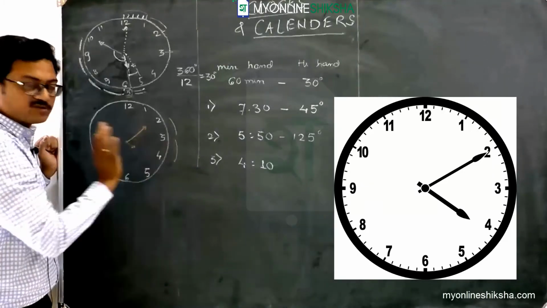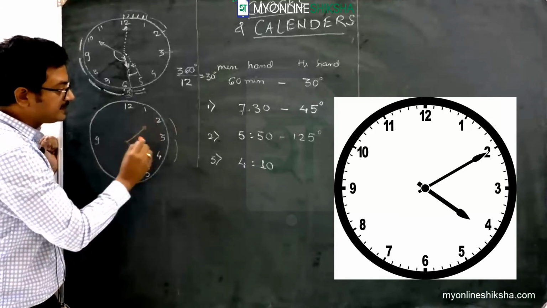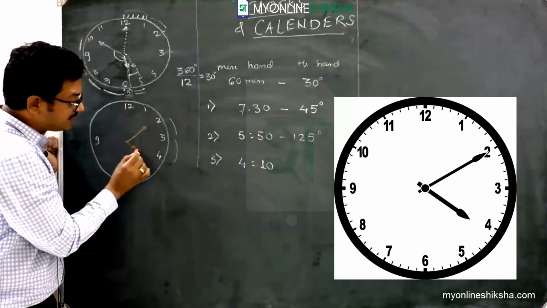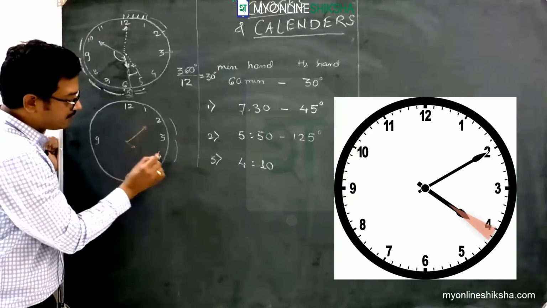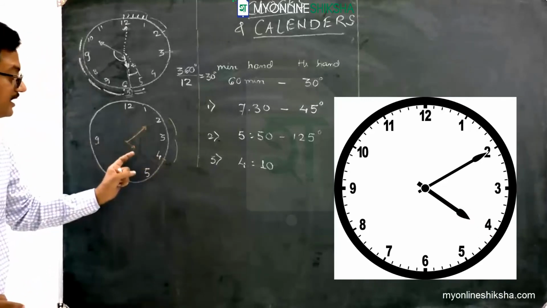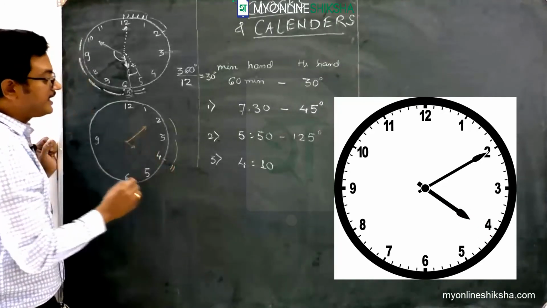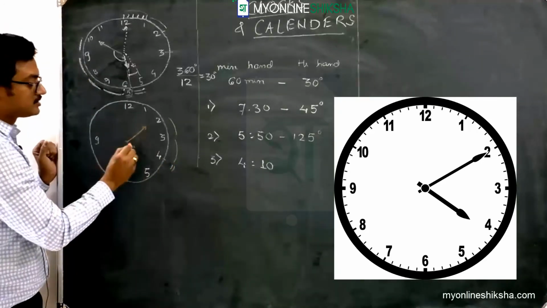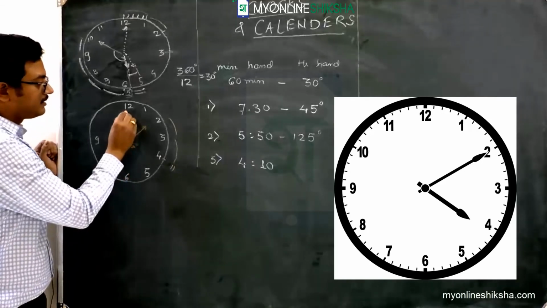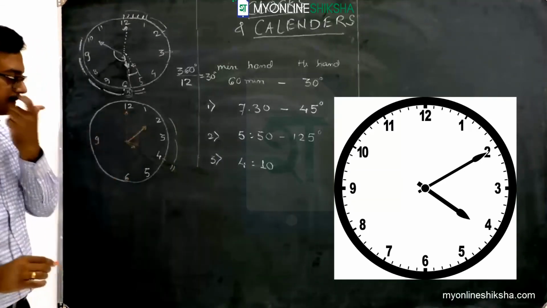So 60 degrees I know. But the problem is that we know that the minute hand is dead at 2, but the hour hand has gone slightly ahead of 4, because marking of 4 o'clock is over here. The hour hand has gone slightly ahead of 4. Now we need to find out this angle. Now you know that at 4 o'clock the situation was something like this. The hour hand was at 4 and minute hand was at 12.